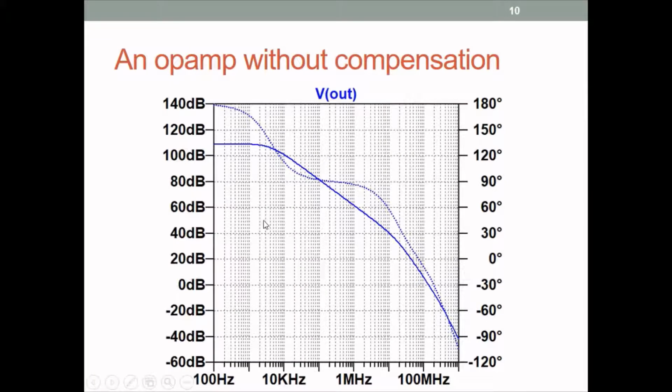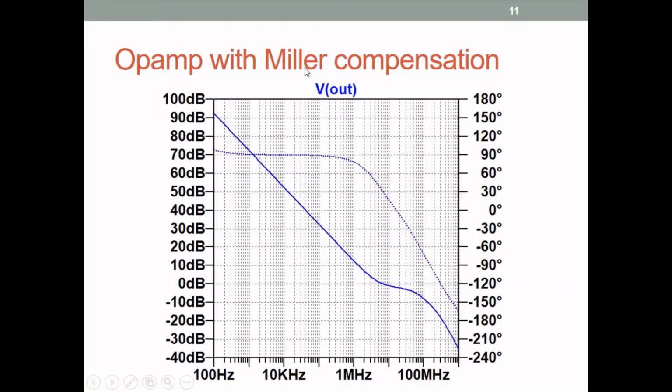Okay, so let's look at three Bode plots of an op amp. So this is an op amp without any compensation whatsoever. So let's just look at it briefly. There is a nice gain of some 108 dB or something, and it is falling, and at 0 dB, so that's here, the phase is negative. So the phase margin is negative, right? Because the phase at low frequencies is 180. So this number in fact directly gives the phase margin, so it's minus 20 degrees. So this op amp is unstable, as we expect. It's a high gain op amp.